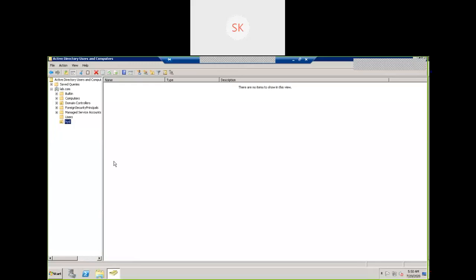What systems are part of the Hyderabad office? What users are part of the Hyderabad OU? I can implement certain group policies. For example, ICICIbank.com has a number of systems, but consider an ATM and a cashier desktop system.